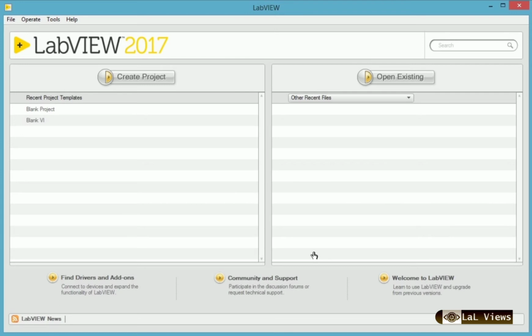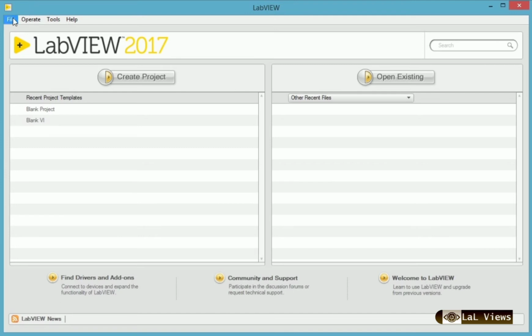I'm using the LabVIEW 2017 version, and you can download the latest version of LabVIEW using the link that I have already provided in the previous video. So in the LabVIEW interface, there is a file tab.